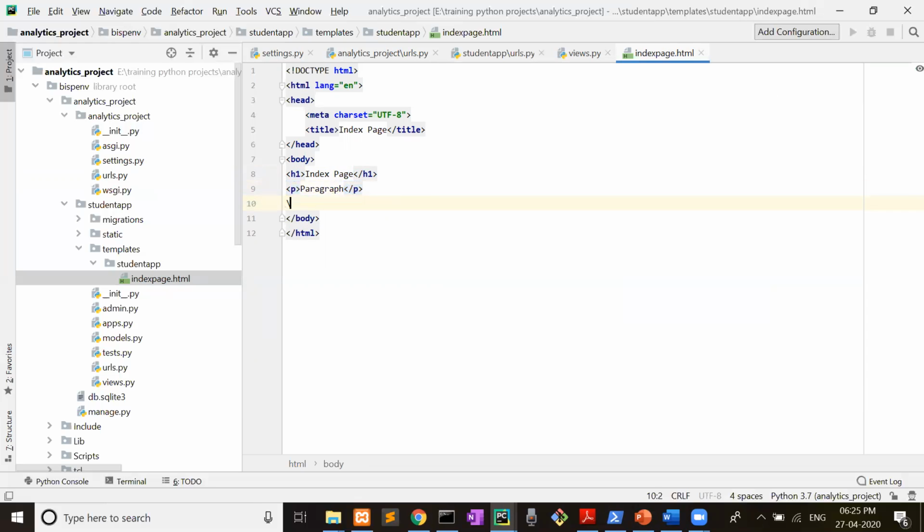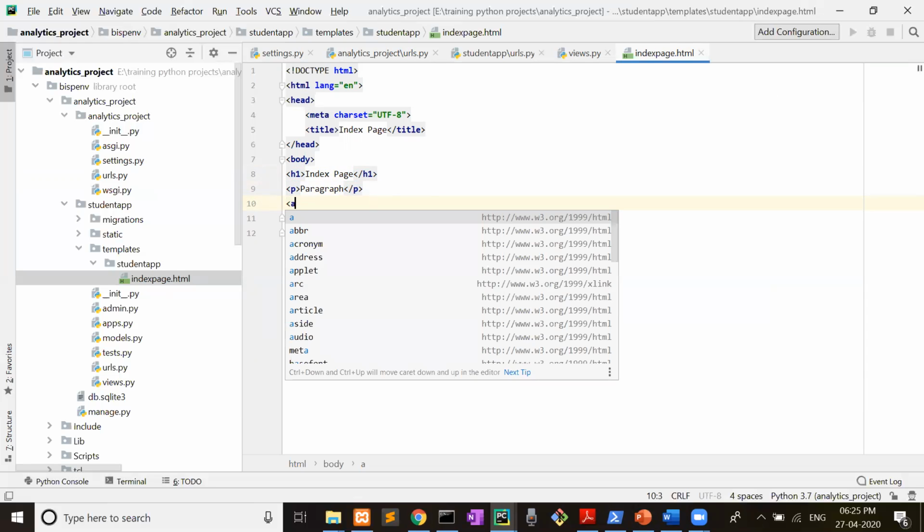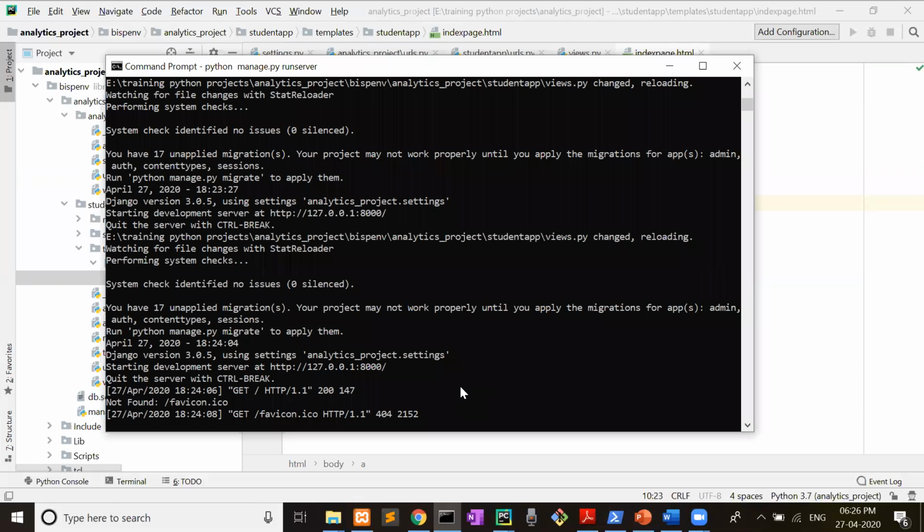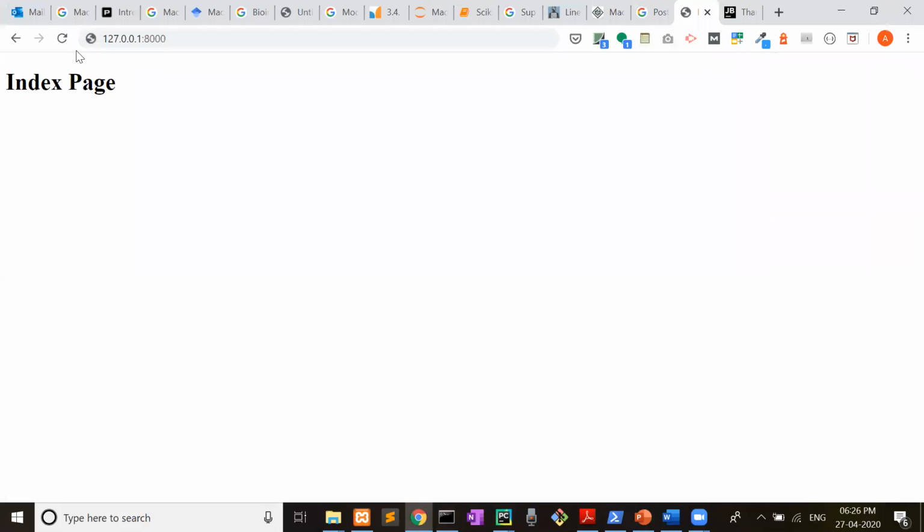Similarly, you can make here an anchor tag, href equal to hash, anchor tag. Now in this way, let's see. Yes.